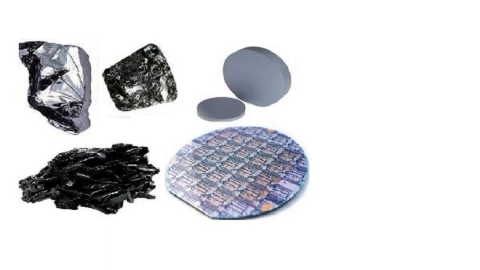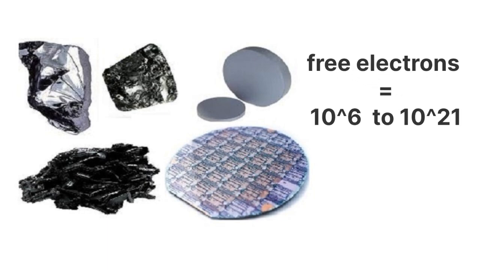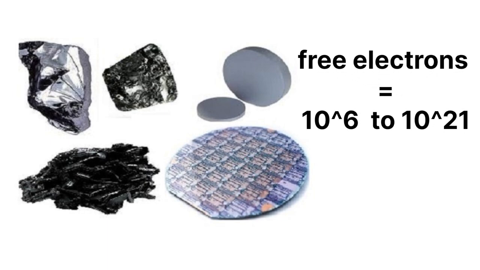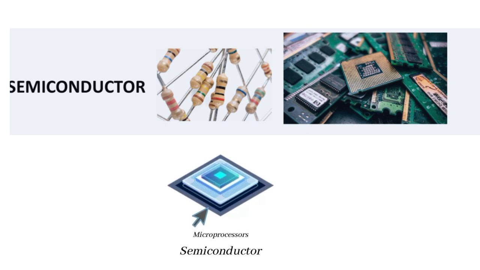Now let's talk about the second one, that is the semiconductor. So what is a semiconductor? This matter is said to be a semiconductor if it has a free electron concentration from 10 to the power 6 to 10 to the power 21, which is a very wide range. This type of matter can conduct electricity and sometimes doesn't conduct electricity,